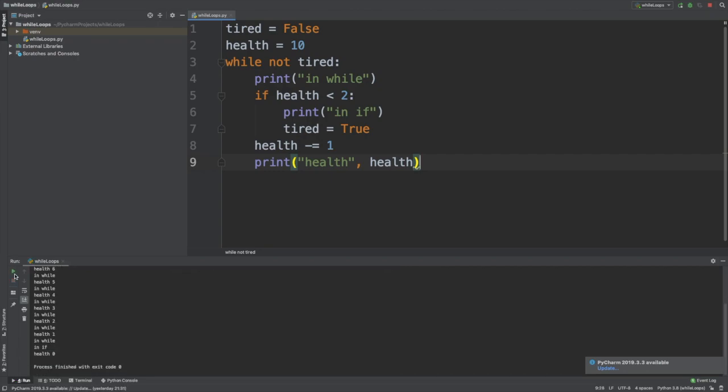Let's run that and I'll explain what's going on. So we enter the while loop and we don't meet the criteria of the if statement. So we move on and decrease the health by 1. So health is now 9. We then come back up to this while condition and ask if we are not tired. And that is true because the health variable hasn't been altered yet. So we enter the while loop again and reach the if statement, asking if the health